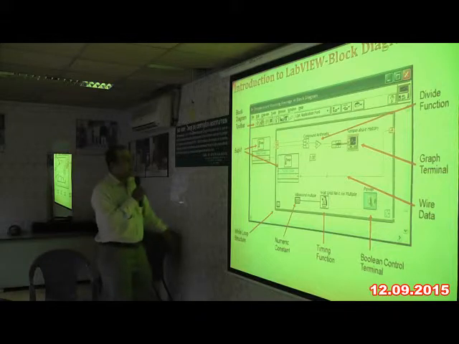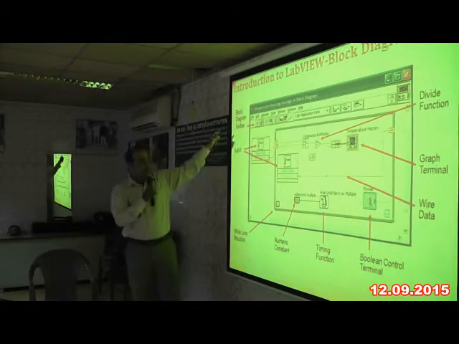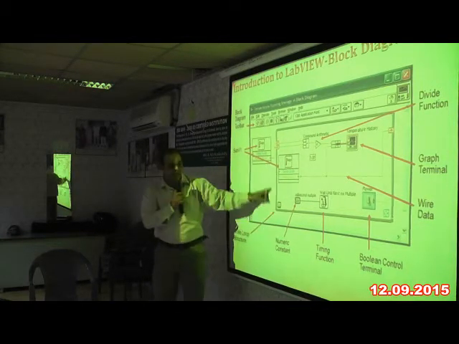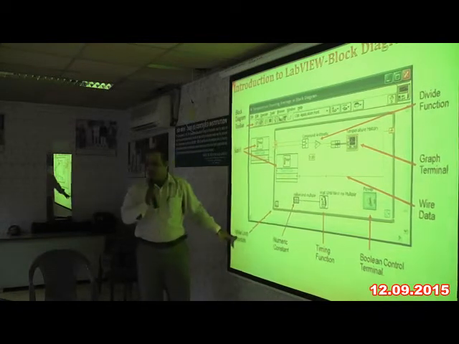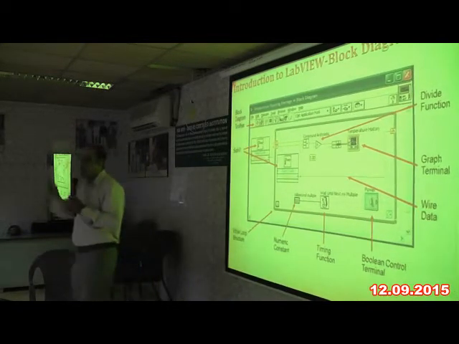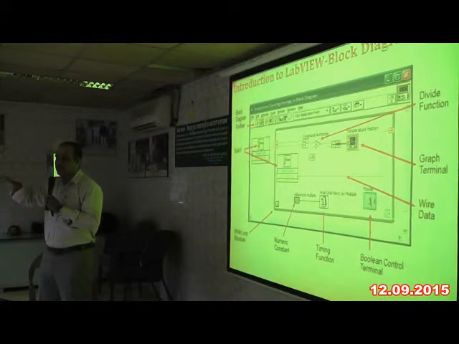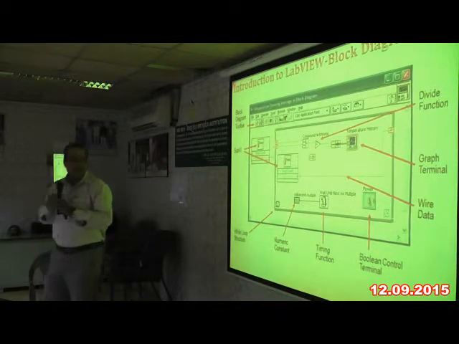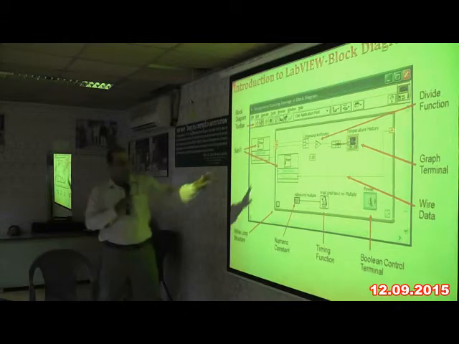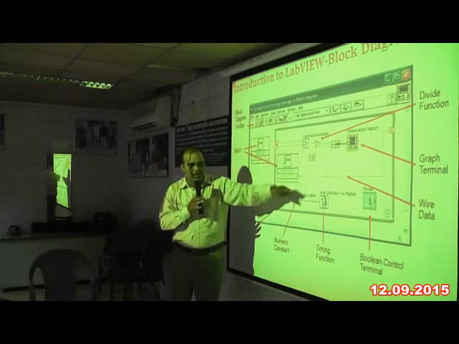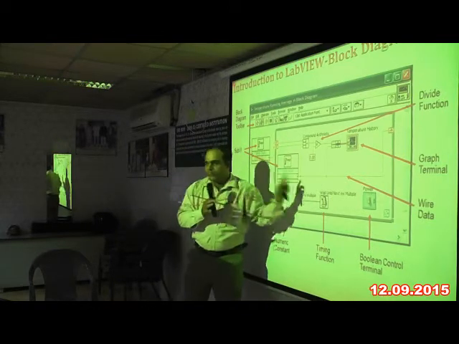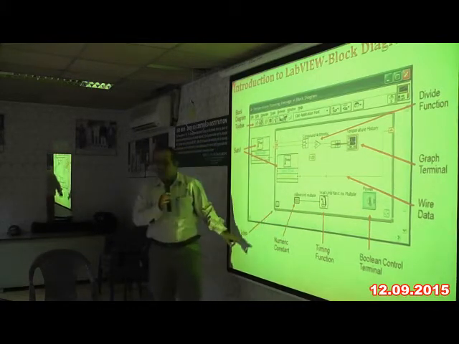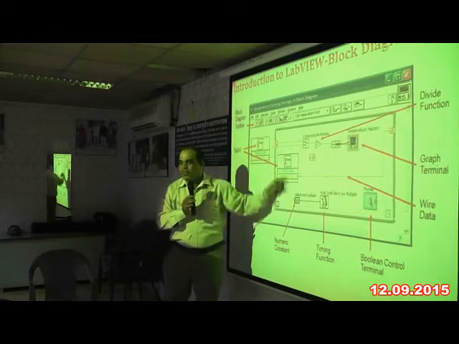If I see the block diagram window, again I have the same execution toolbar in the block diagram also, and here I have different modules that I need to interconnect. This enclosure is nothing but a while loop. Usually in our C program, we used to write while(1) and put some code inside the while loop, so it keeps on running. While the condition is true, it keeps on running. Here this is a graphical representation. Whatever block is there, I include it in the block diagram window, and this is the code which I want to run continuously. For that, I enclose this entire code with a while loop, so this program is going to run continuously.